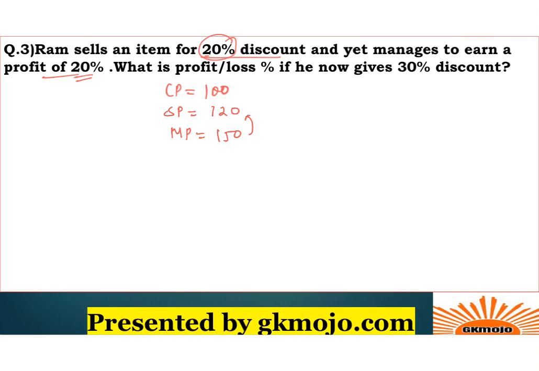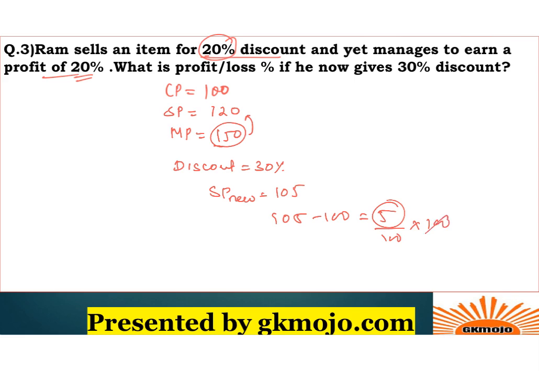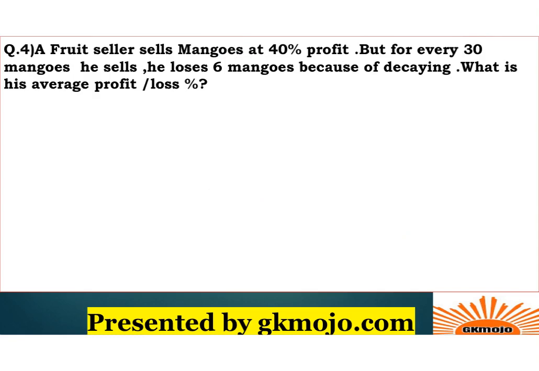All right, I hope you know by now how to do this, correct? So it means that the selling price is 20% lower than the mark price of the item, right? So the mark price is 150. Now if he gives a discount of 30% on this mark price, the new selling price will be 105. So what is the profit now? Now the profit is straightforward, 105 minus 100, which is 5, right? 5 upon 100 into 100, correct? So what is the profit percentage now? It's 5%. That is your answer. Let us have a look at the next question.